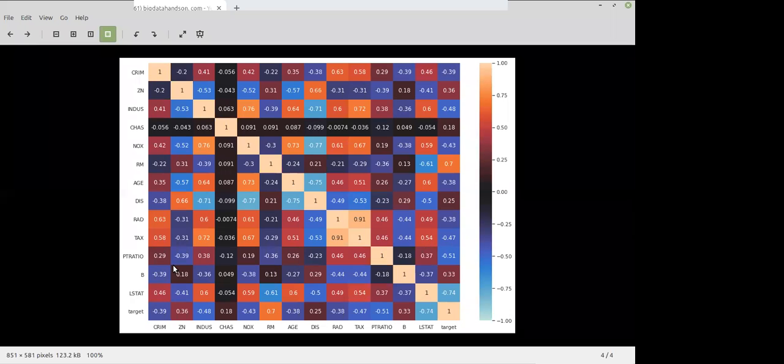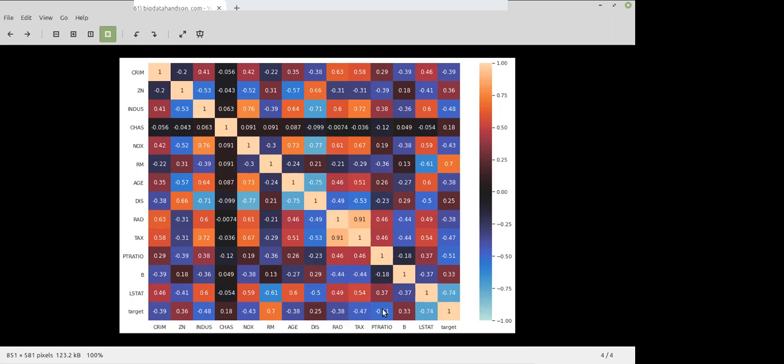Okay, we can see. Now we have the target variable here. So we need to pick four. We can pick four columns. Let's take this 0.7 more correlated. So we can take the RM, and here you can see negatively correlated, but negatively highly correlated, 0.74. So we can choose the LSTAT and this one and this one.